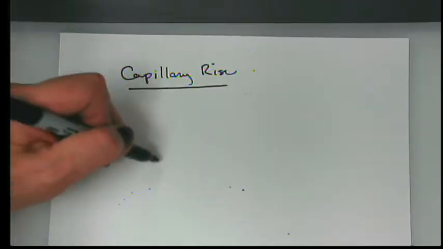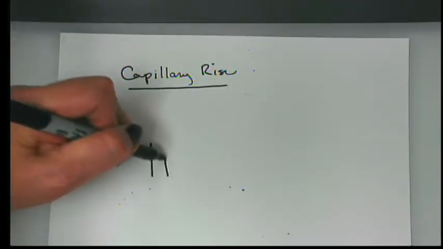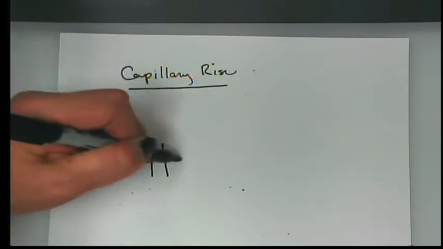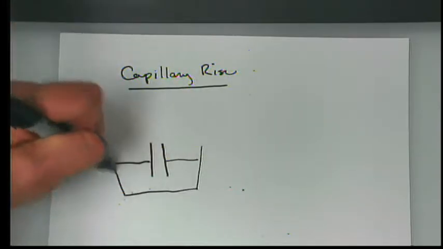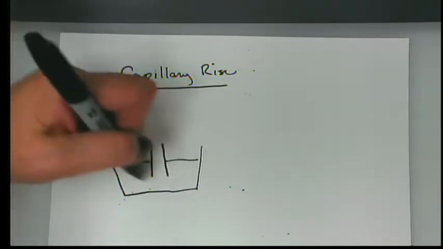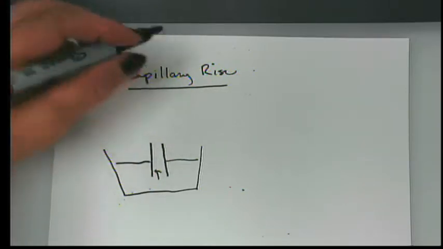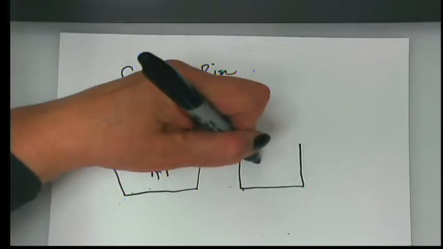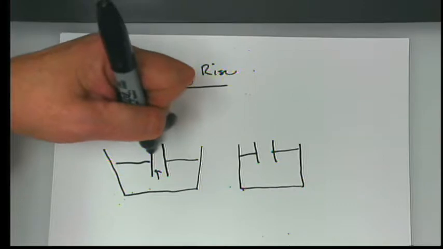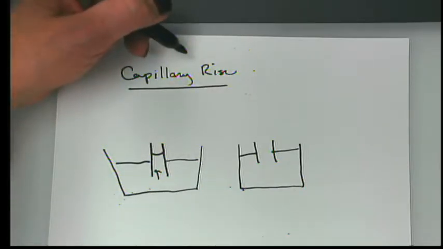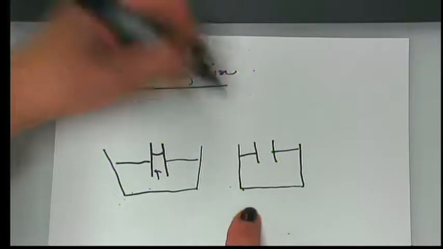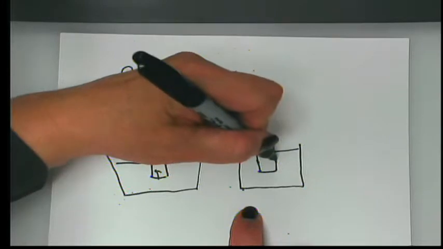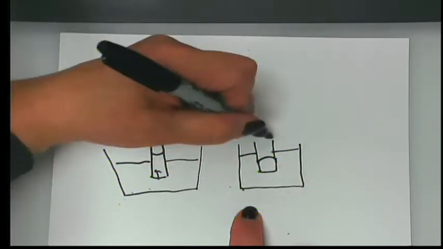But basically, if you have a capillary tube and you put an open end of it in a fluid bath, you'll see that the fluid in the bath will actually rise up in the tube or become depressed in the tube. So if the level of fluid is here, you can see that the fluid may be above the surface of the fluid. It's not closed at the bottom, but it's just a little the end of the tube,